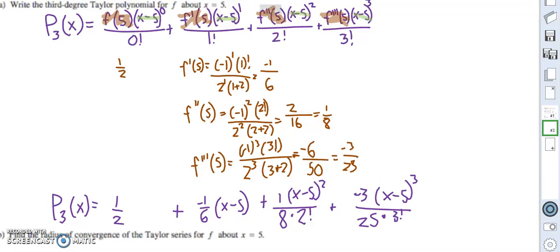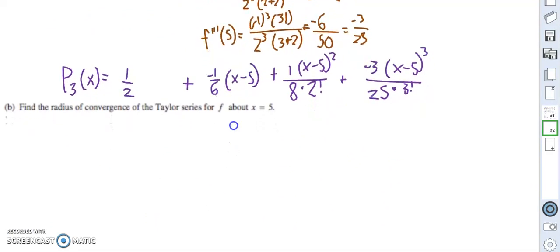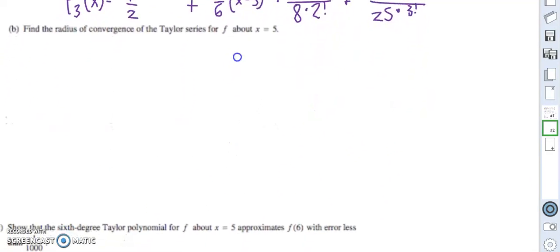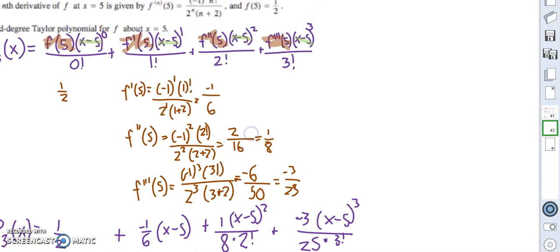That's my polynomial. Lovely. Isn't it a lovely one? Find the radius of convergence of the Taylor series for f about x equals 5. Radius of convergence, that involves me doing some ratio test. I take the general term. So let's see, my general term